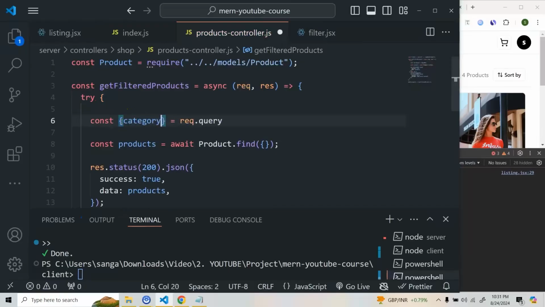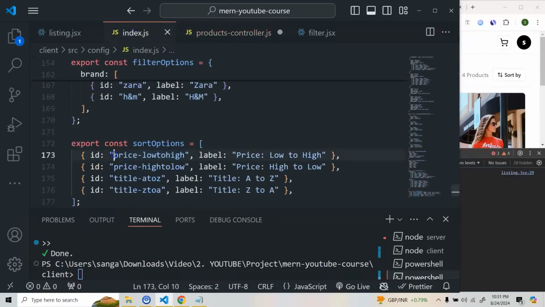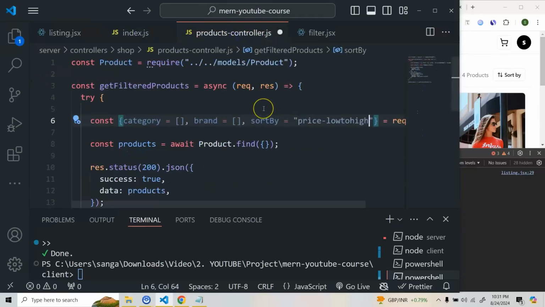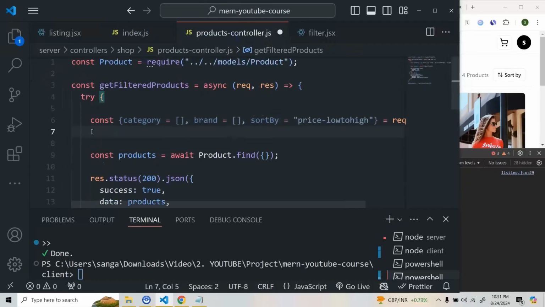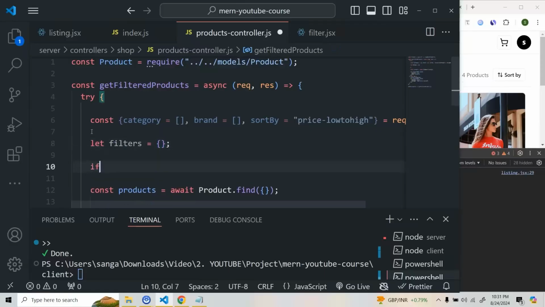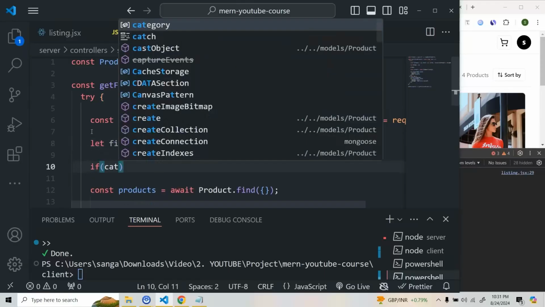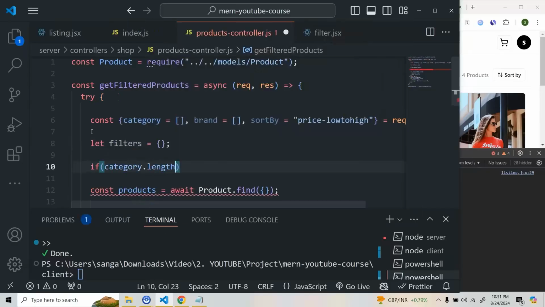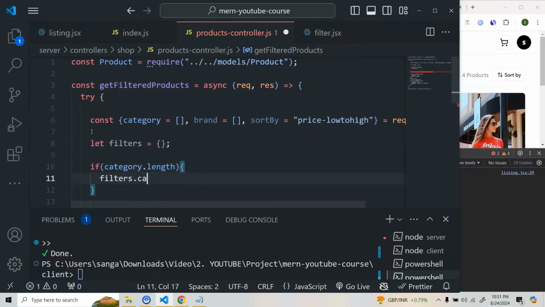And here we are going to get the category, which will be, let's say, an empty array. We'll be getting the brand, and also here we'll be receiving the sortBy. And for this one we are going to keep a default value, which will be price low to high. Alright, so first we'll get this, then we are going to create our filter here. So we'll do let filters equal to an empty object, and we'll do if this category that we are having dot length, if this is true, so we'll do filters dot category, and this will be, we need to check it